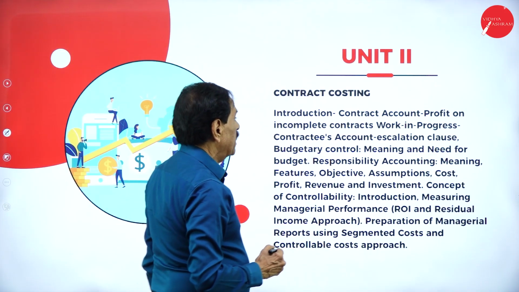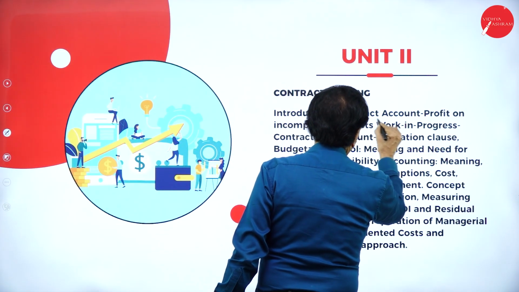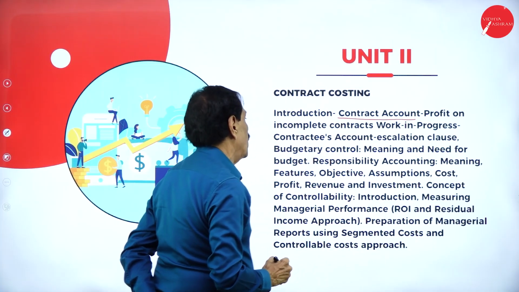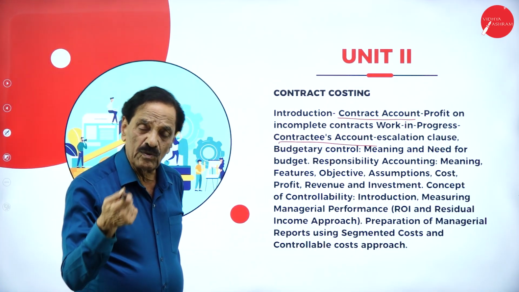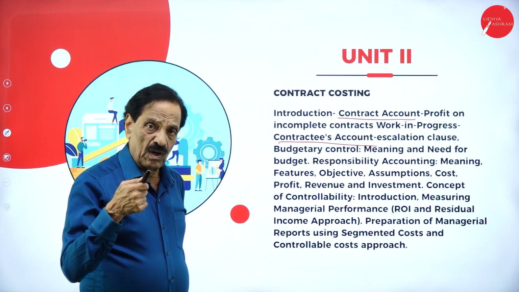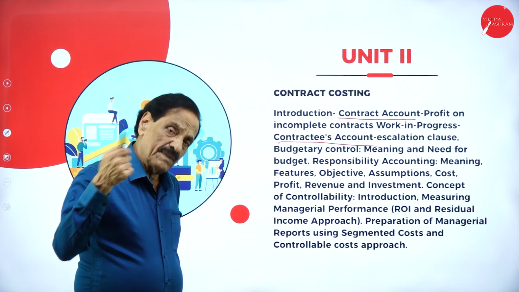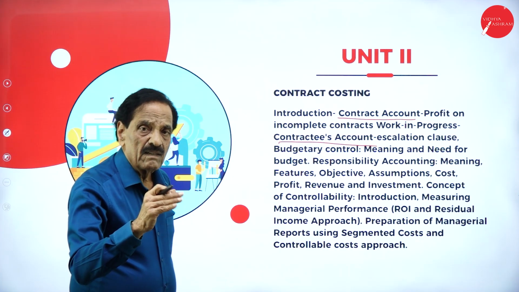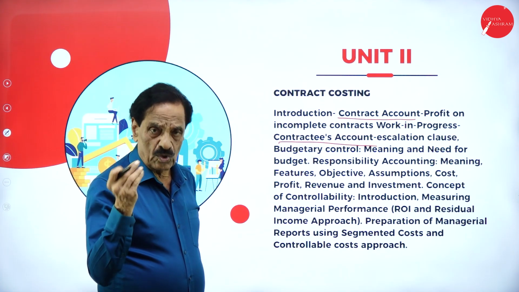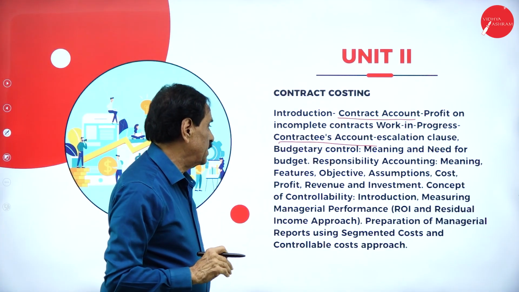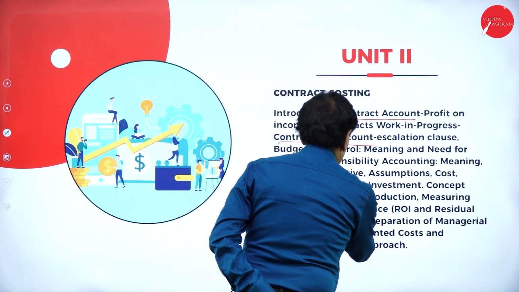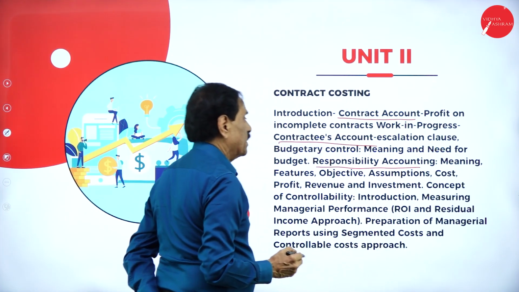So here, contract account is a major question they are going to ask. In contract account, you are going to get a 1 year contract, 2 years contract, 3 years contract, and contract with a balance sheet. Responsibility accounting is only theory they ask, meaning and